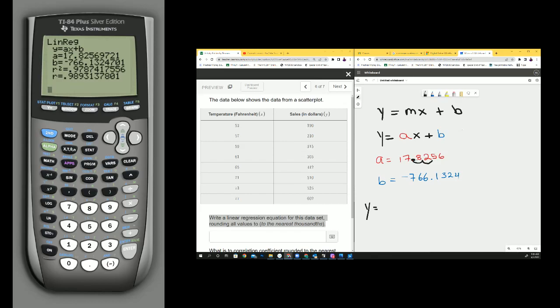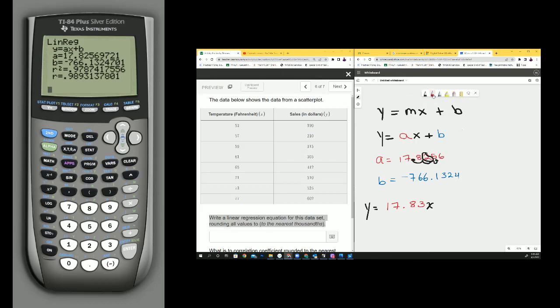So my decimal is still here, but I have to decide, do I round this up or do I round it down? Since this number here is 5, I'm going to round this up, and my A will be 17.83. Then I'm going to have my X, it's a linear equation, and then my B value is a negative, so